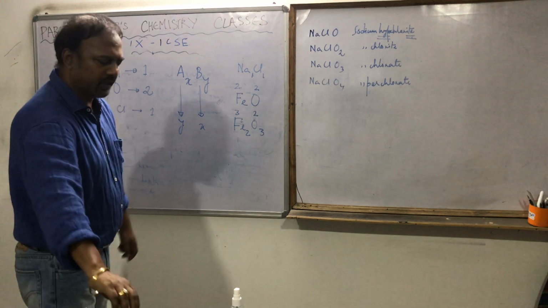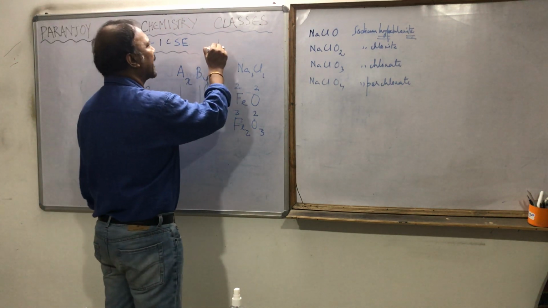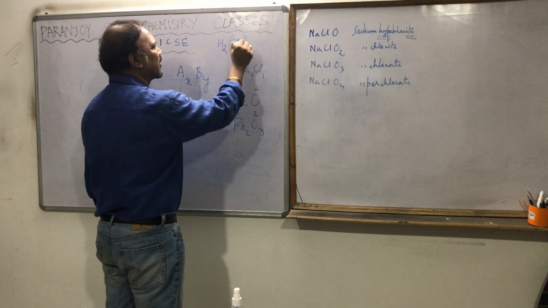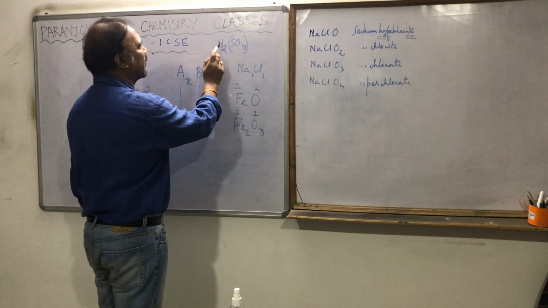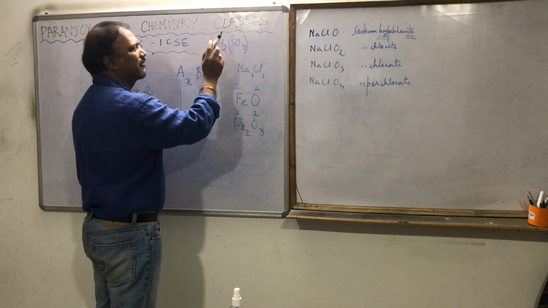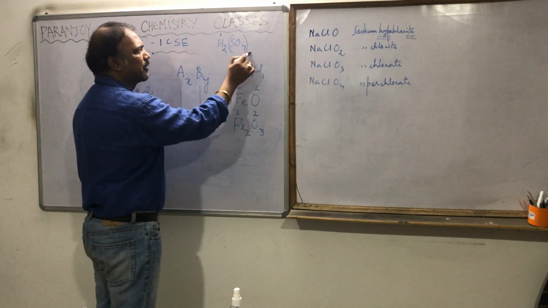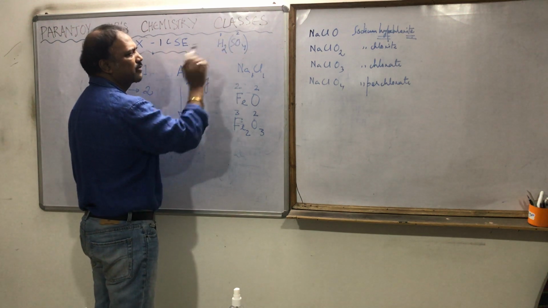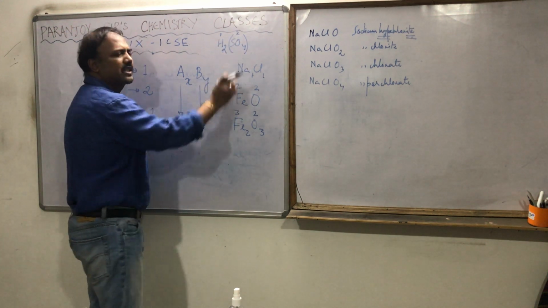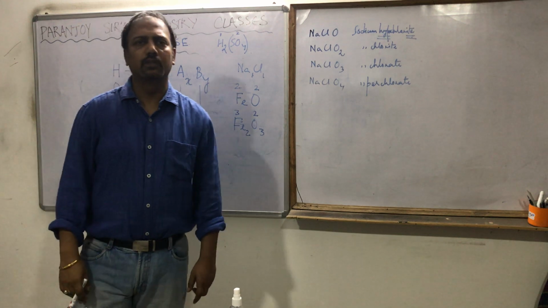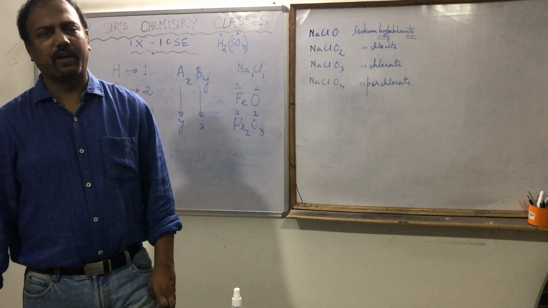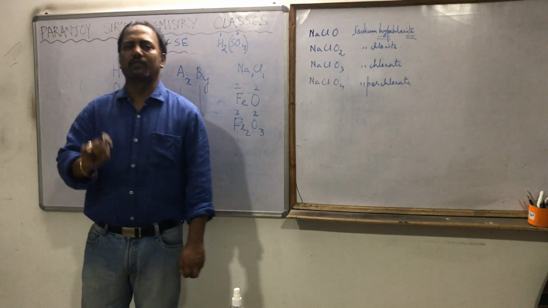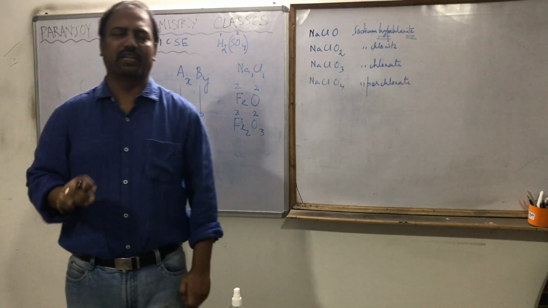Yes? Okay. For example, suppose H2SO4. As I told, H2SO4. Now what is the valency of SO4? See, the valency of H is 1. So 1 has come over here. So what should be the valency of SO4? The valency of SO4 is 2. That is why it is over here. So the sulfate's valency is how much? Sulfate's valency is 2. Is it clear? Okay. Fine. Now you know the basics of it and you enter the first exercise.